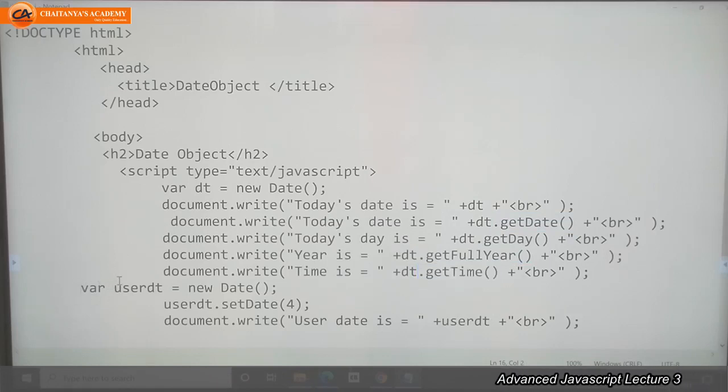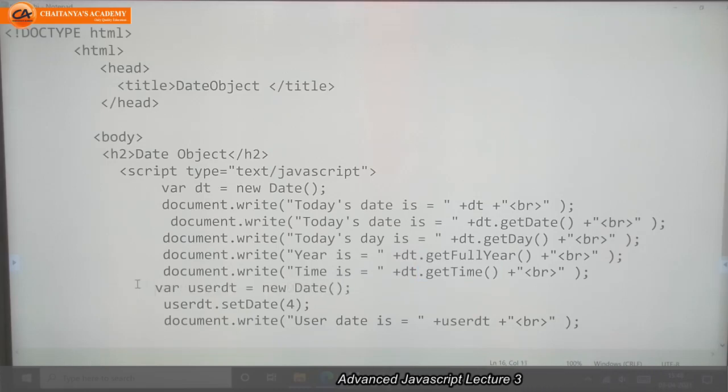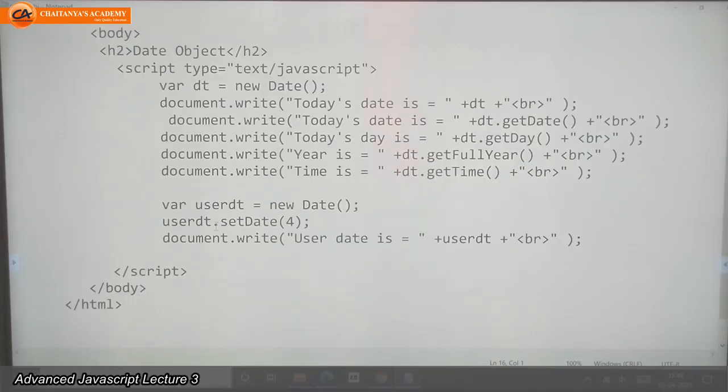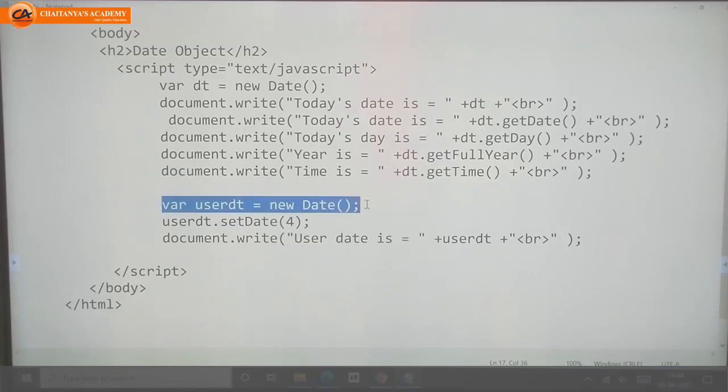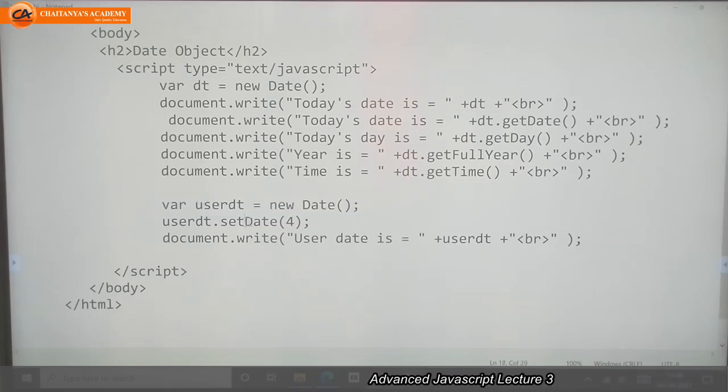Similarly, as we are getting the date, we can set the date also. If we want to set the date, we can use the keyword set. For example, see, we again took one variable with today's date, but I want to set yesterday's date number only. Then I need to use this method, that is setDate. Which date you want to set, that number you need to pass here as parameter.